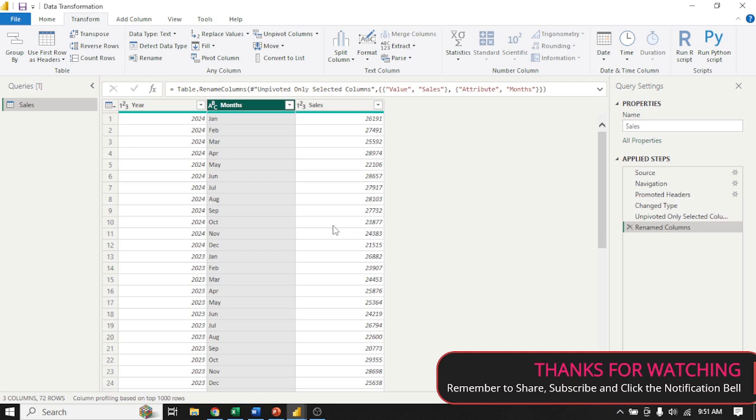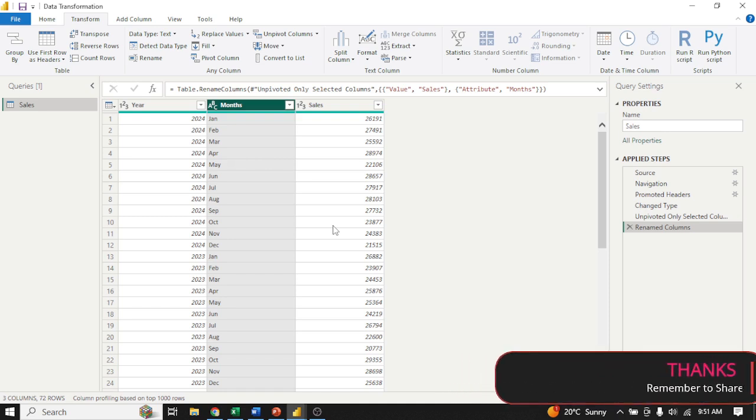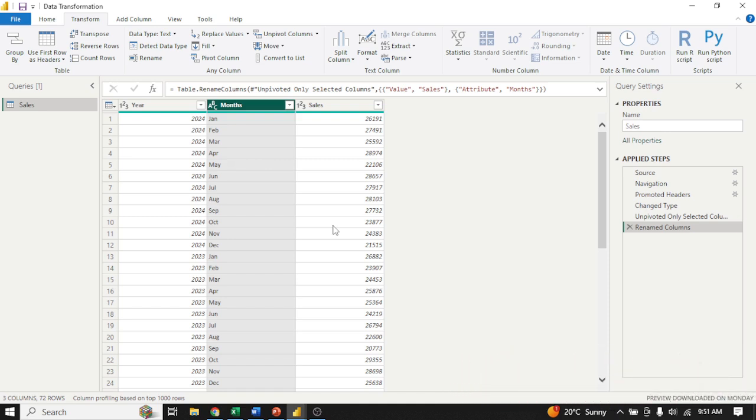Rather, we can pivot the columns, meaning we can bring the monthly columns to have each and every column with the head as month, and then under it will have the sales value. So again, now if we try to use the same table here that we have just unpivoted, we